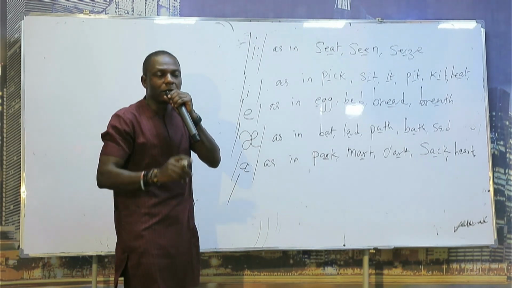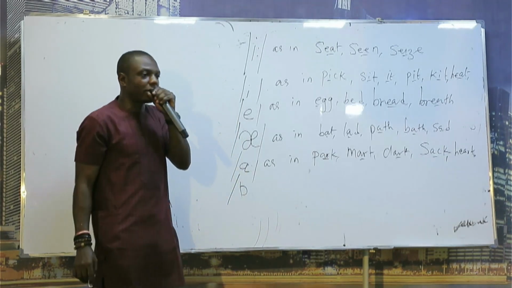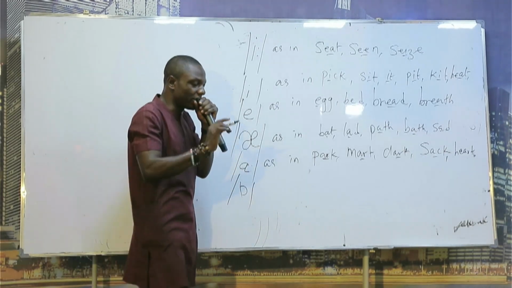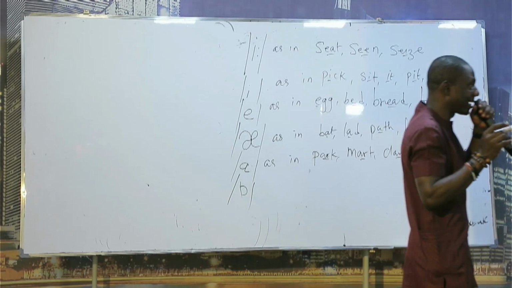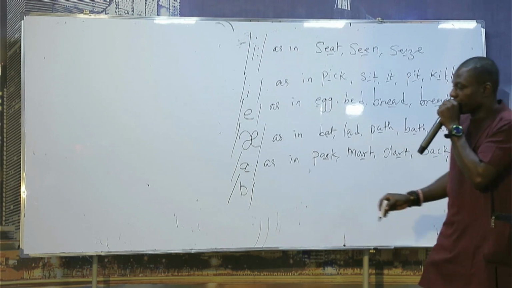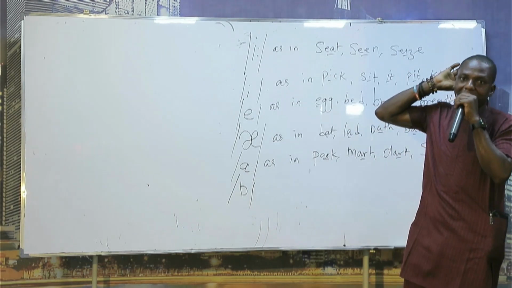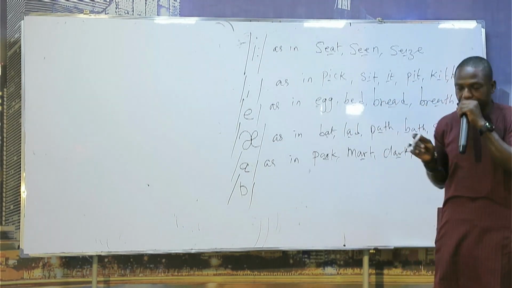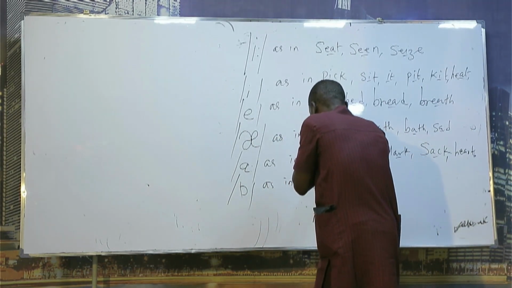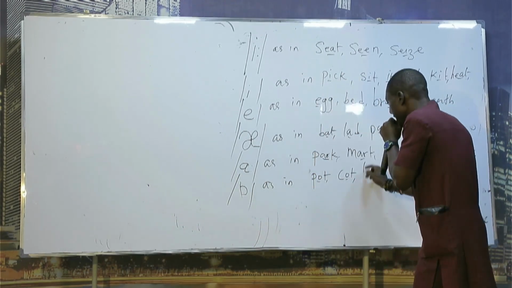Short o sound. Look at what you do. Make an arc. Cross your arc. Let it not look like D. Just make an arc. Cross your arc. Don't write it like the letter D. Why you do it like this is because this is a back sound, a type of sound you realize at the back of the tongue. As in pot, P-O-T, pot. Cot, C-O-T. Then H-O-T.